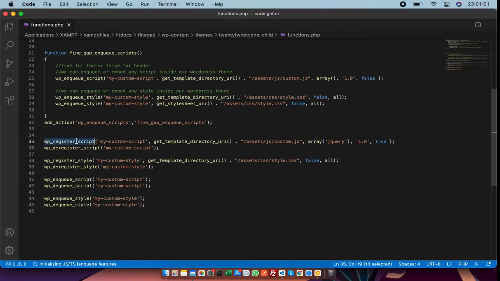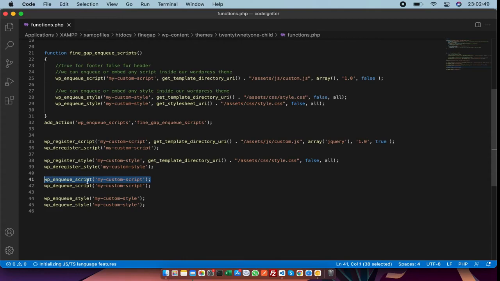So like that we have wp_register_script. So what does that mean? Sometimes we want a script for later use. That's why we just register it. Whenever we need the script, we can enqueue it anywhere in functions.php. For example, you have lots of scripts that will load on WordPress. It will slow the site. That's why we are just registering it to not use it now, but we can use it later with wp_enqueue_script.